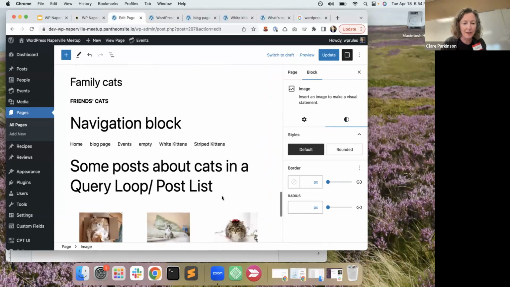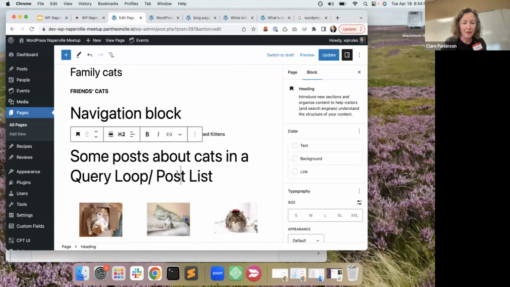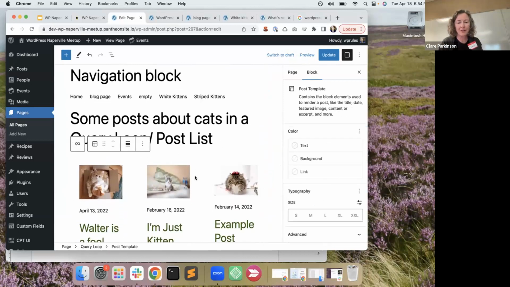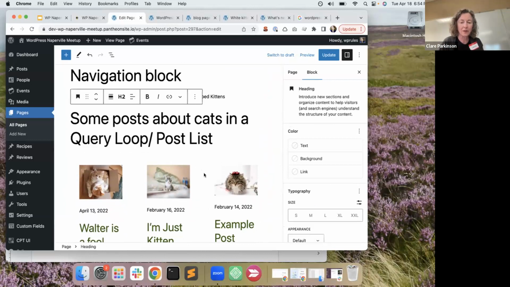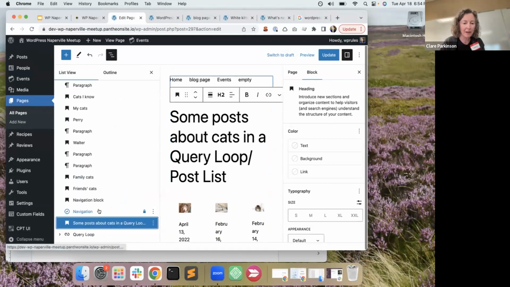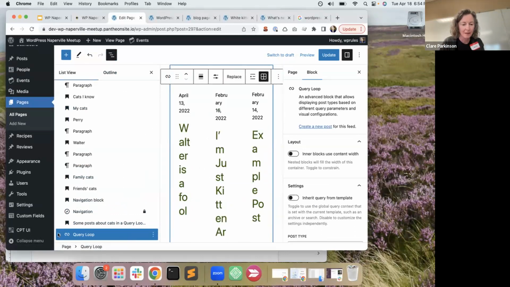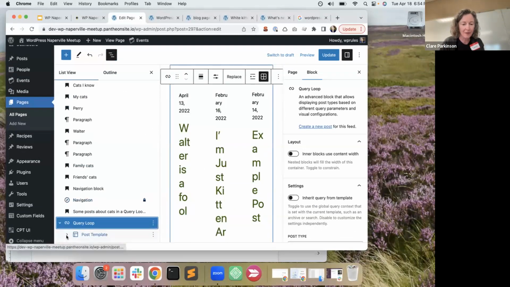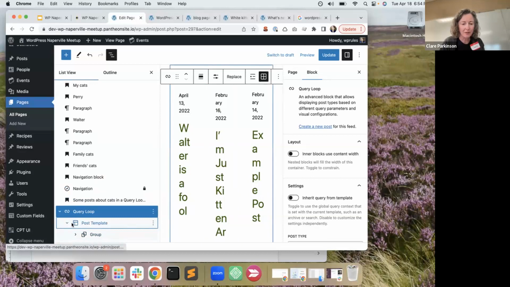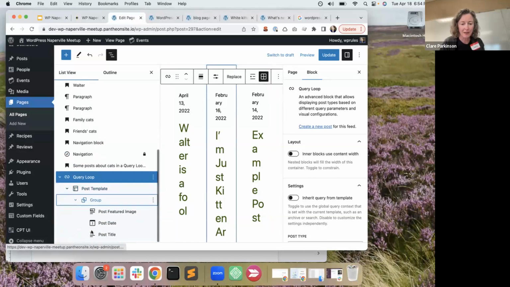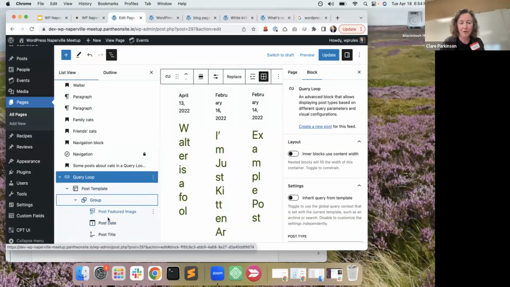Okay, I'm going down to real quick. There is a block that I like a lot called Query Loop. And it is super handy for creating lists of posts. It's basically like a mini blog page. Let me pop it open here on the left. A query loop includes a post template and it includes whatever post elements you want. But what it does, the point of it,